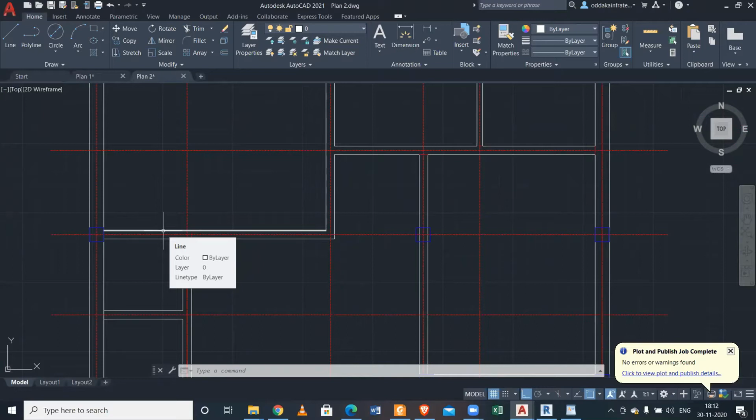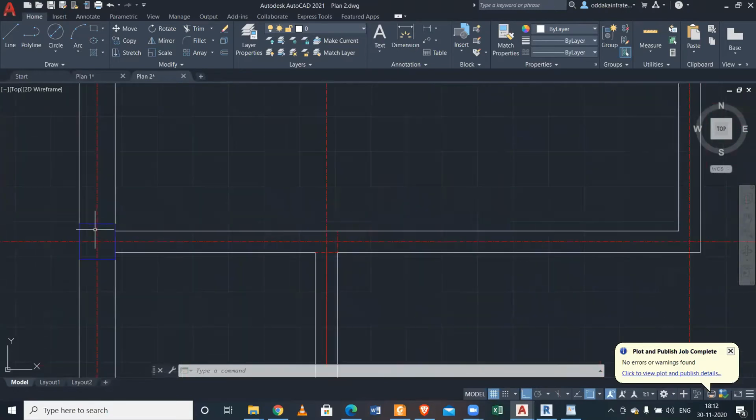The partition wall will be 6 inch, but the beam will be 10 inch. I'm talking about the beam column plan, so everything should be like 254 mm. That part you should consider.